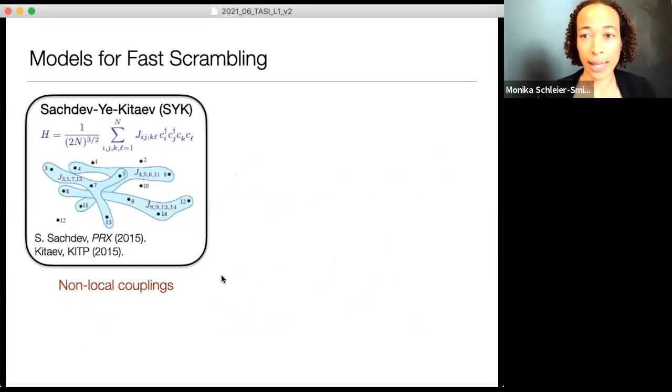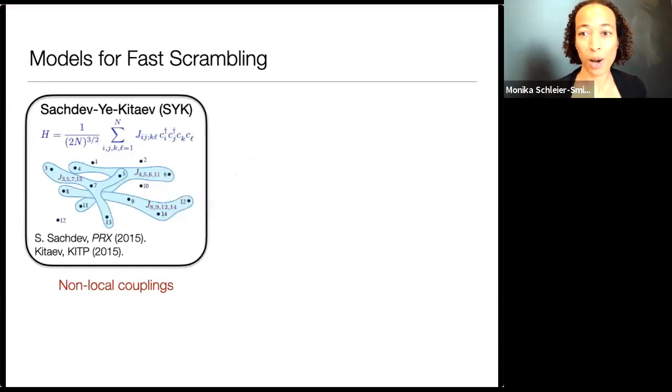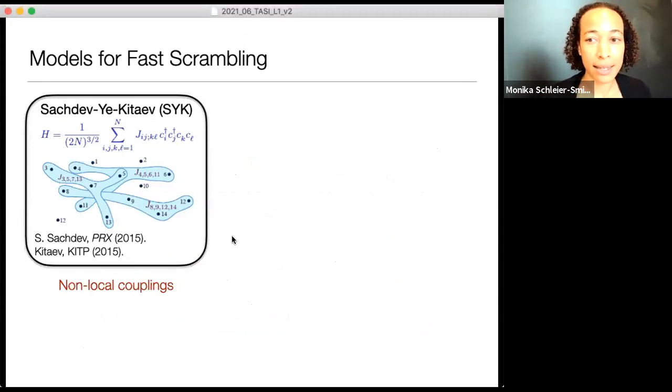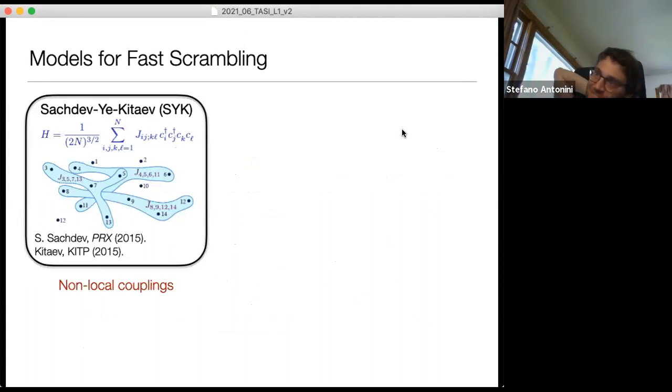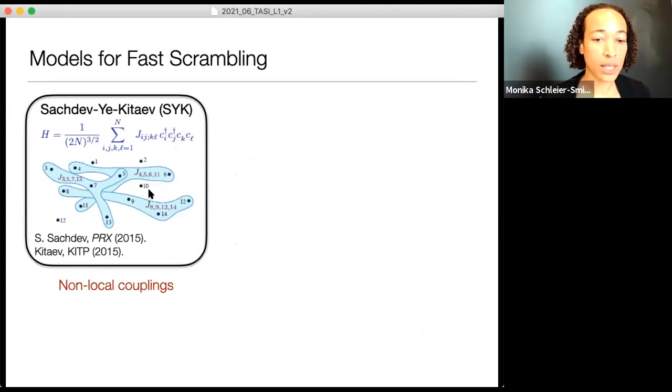And so, we can look at Hamiltonians that have been written down that are understood to behave in this way. One is the Sachdev-Ye-Kitaev model. Is this something that has been talked about in this summer school? I don't see many faces. I don't think it's really been mentioned yet. Okay. So I'll hear more this week.